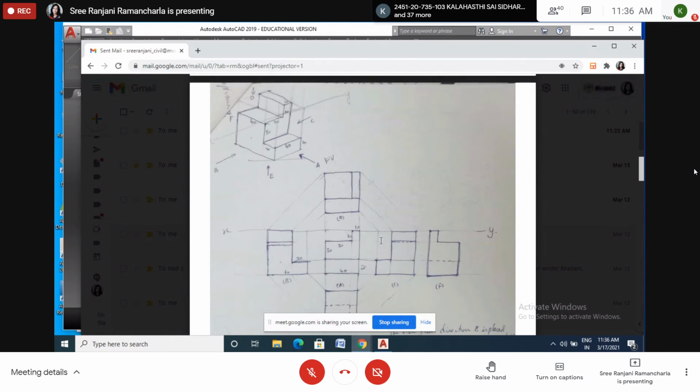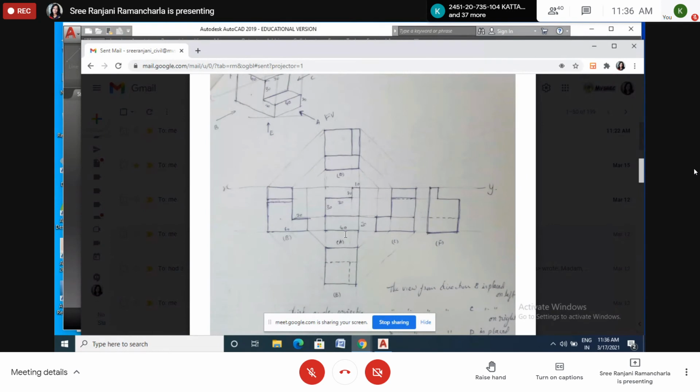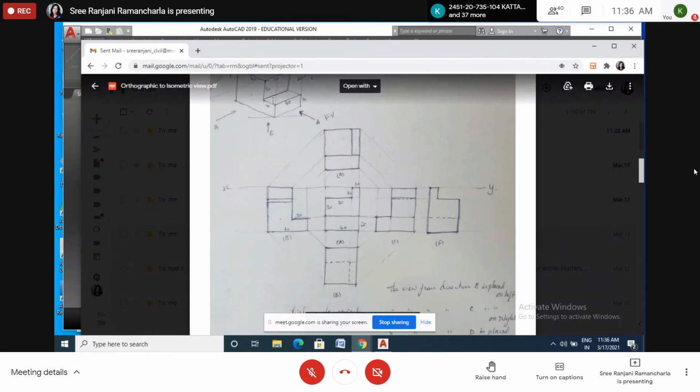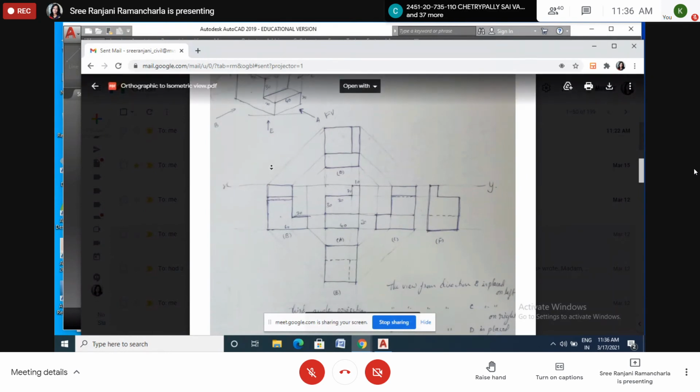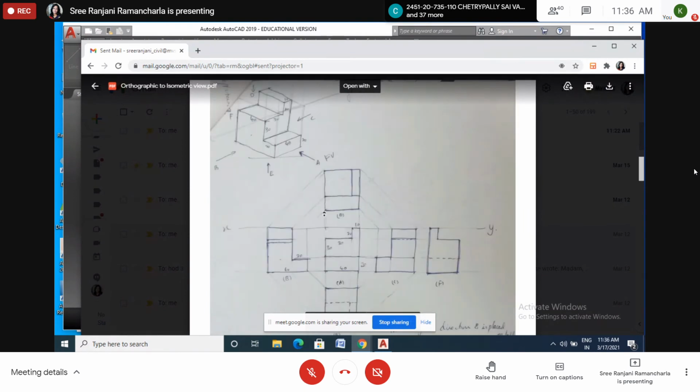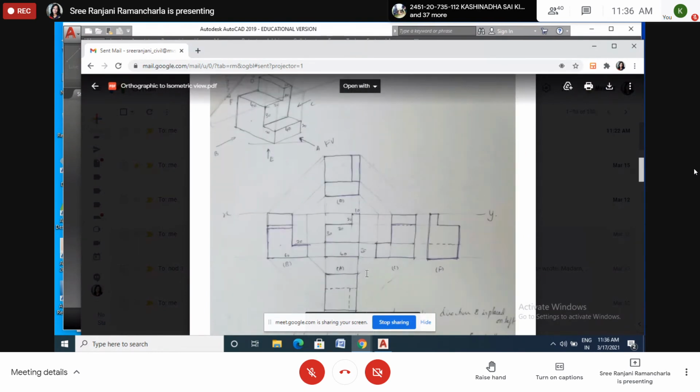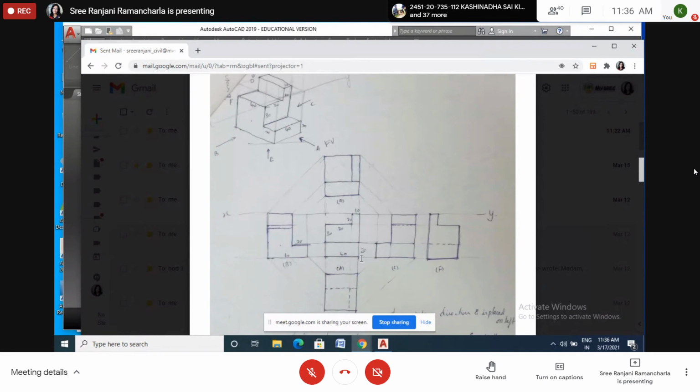Okay. Now this is the bottom view. So this is the hidden line. This is the hidden line. So how to draw here? Just look at this one. You can take this offset, like offset here. How much you have left, this also you have to leave that much only. So it is not a specified distance.